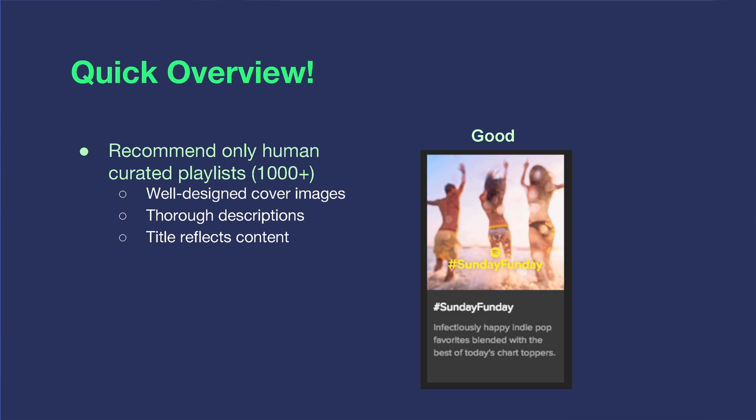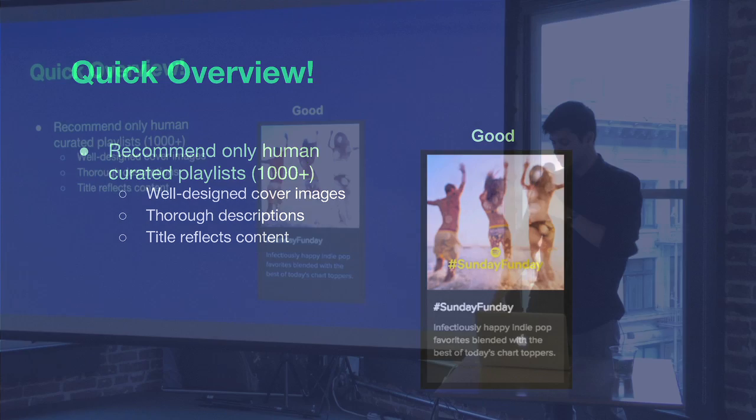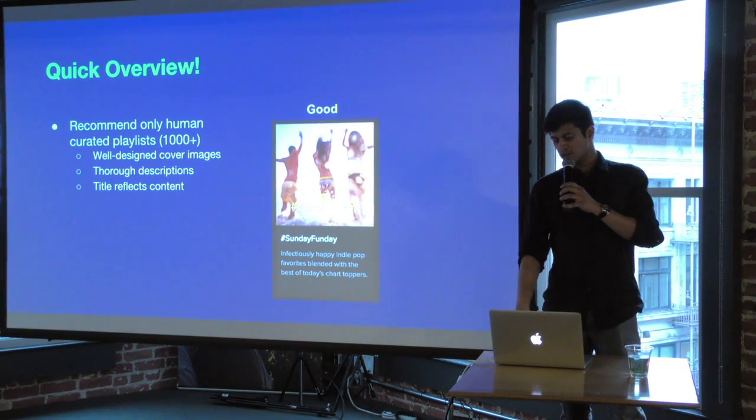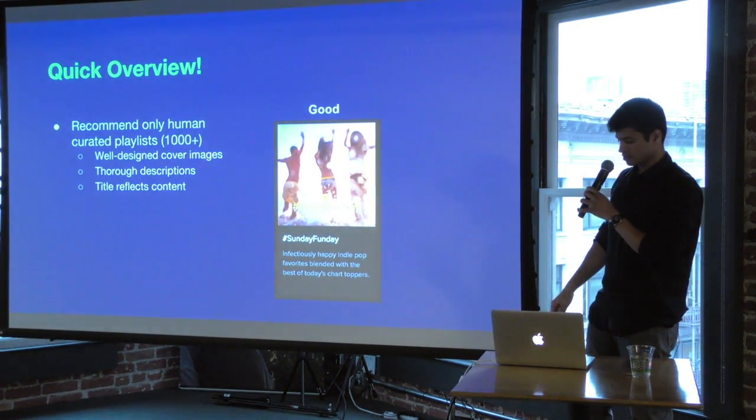As an example, you can take this playlist that has a pretty nice image of people having fun on a Sunday, I think, and there's a title, and then the description is telling you what kind of music is in there. In this case, there's indie pop. But then the reason that we have to go through these playlists is that there's other kinds of playlists in that 1.5 billion that are